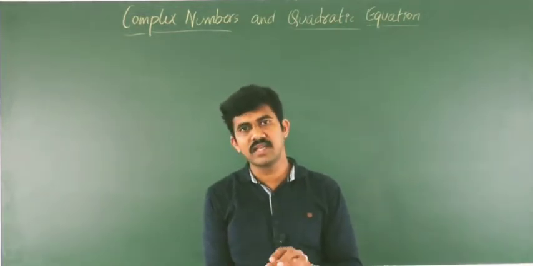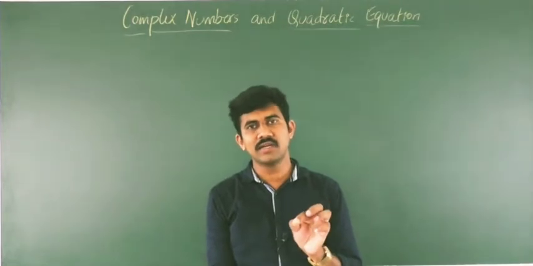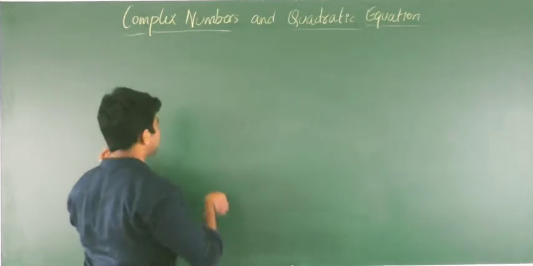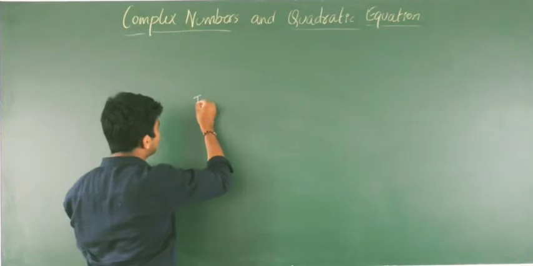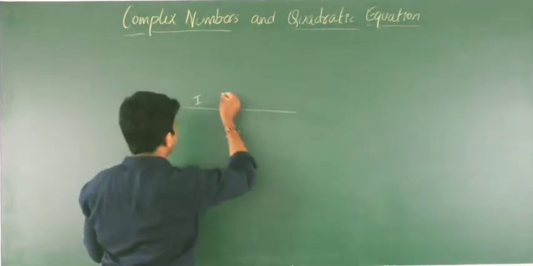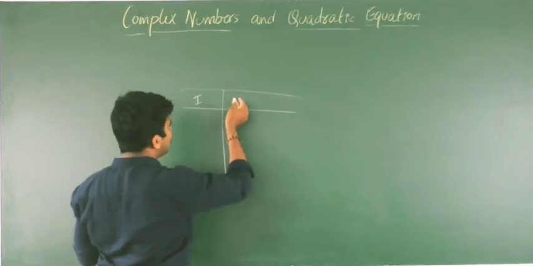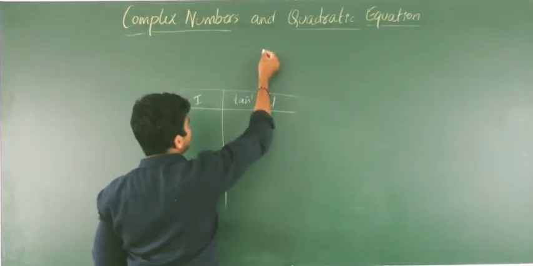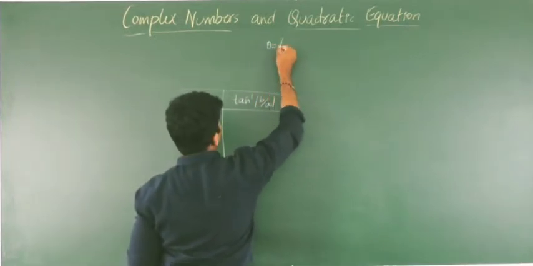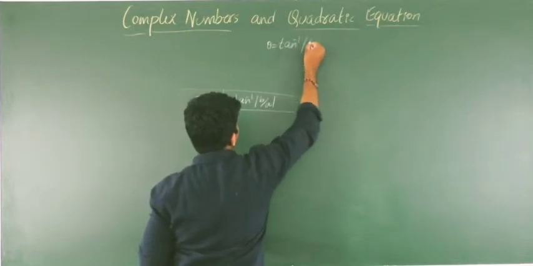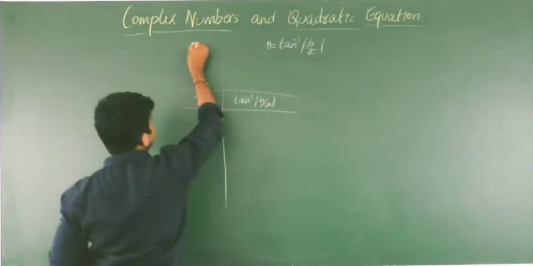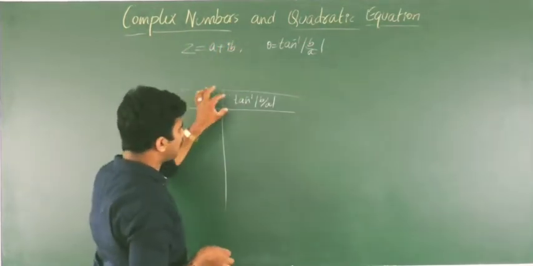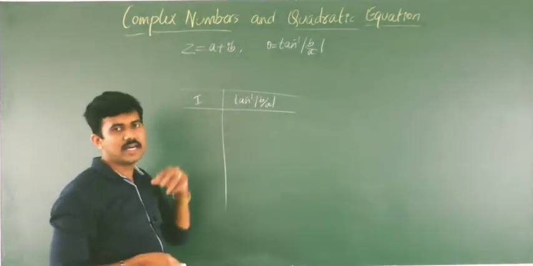And we saw different cases there. The argument changes according to the quadrants. So how do we find the argument or principal amplitude of a given complex number? In the first quadrant, the argument is tan inverse of b by a. We have the formula theta is equal to tan inverse of b by a whenever z is equal to a plus ib. So whenever you have a complex number in the first quadrant, this is the argument.